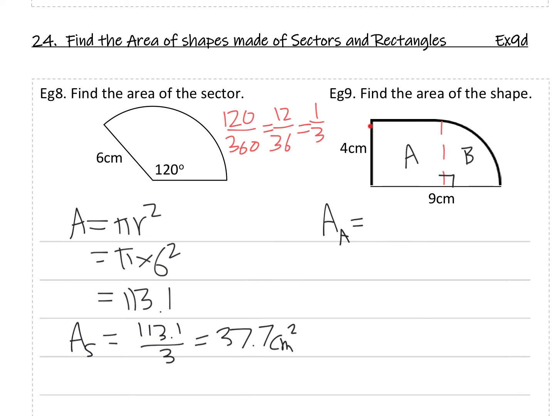Well, it's a rectangle, so it's the base times the height, but the base is not 9. So how do we work out what the base is? We need to know how far this distance is. That's going to help. Well, we need to look at this here and imagine it to be a full circle, in which case the radius is this distance, or this distance are the same size. It's not obvious what that one is, but this one, hopefully you can see that that is 4 centimeters. So it's 4 here,